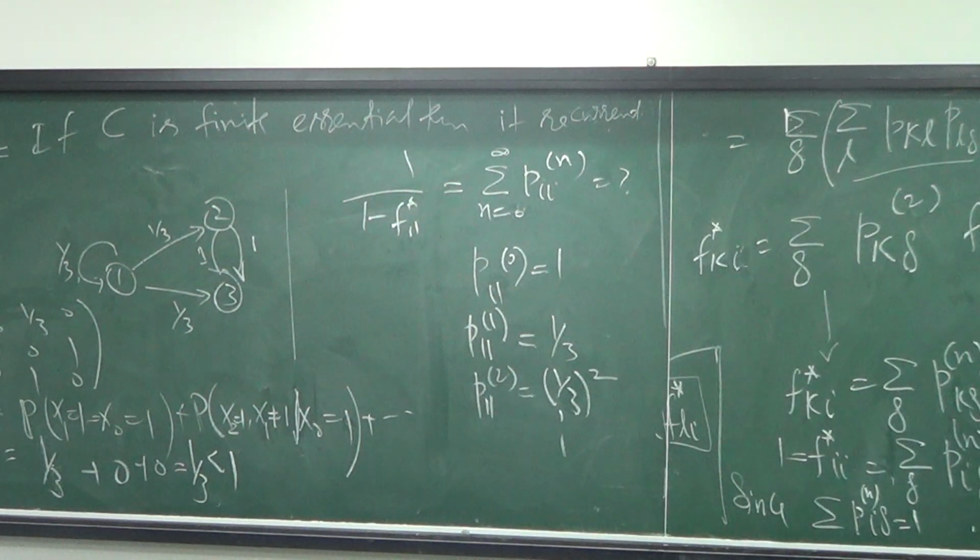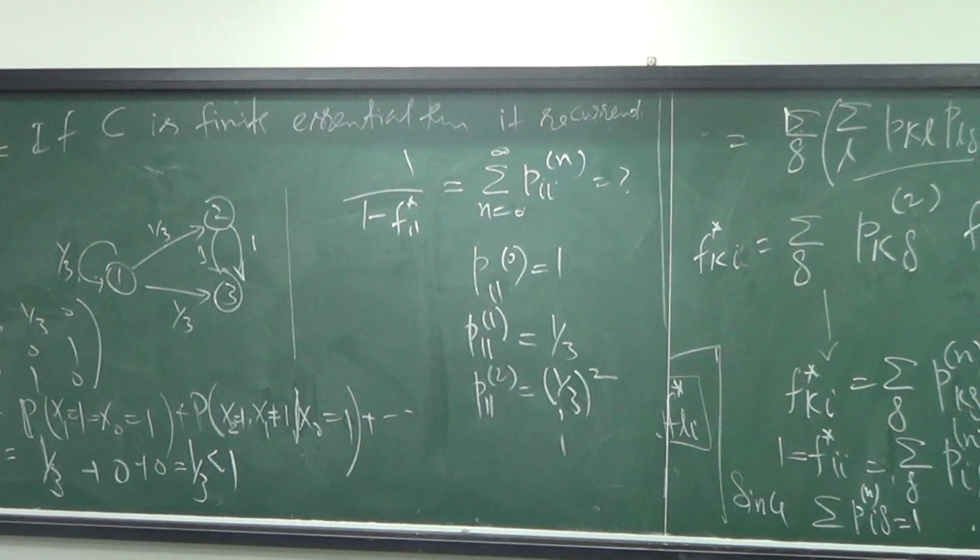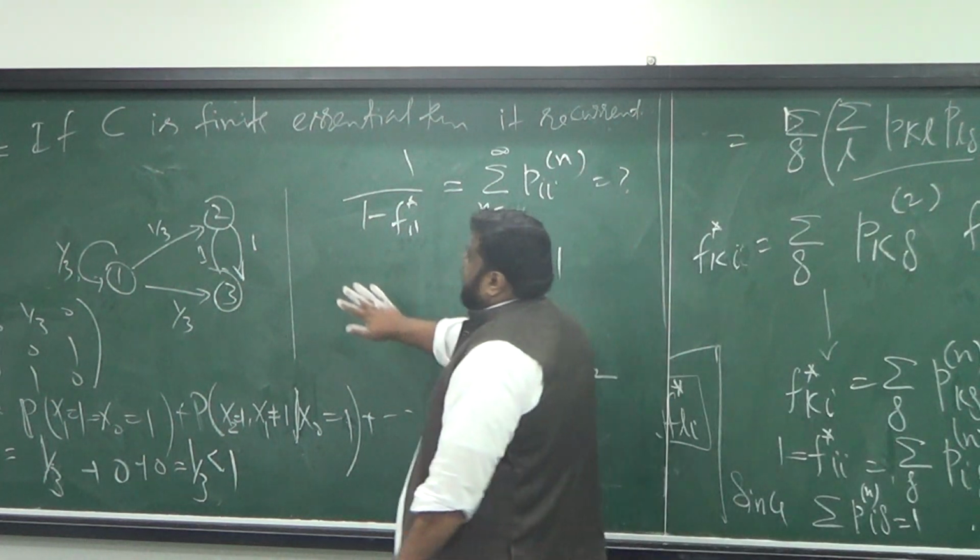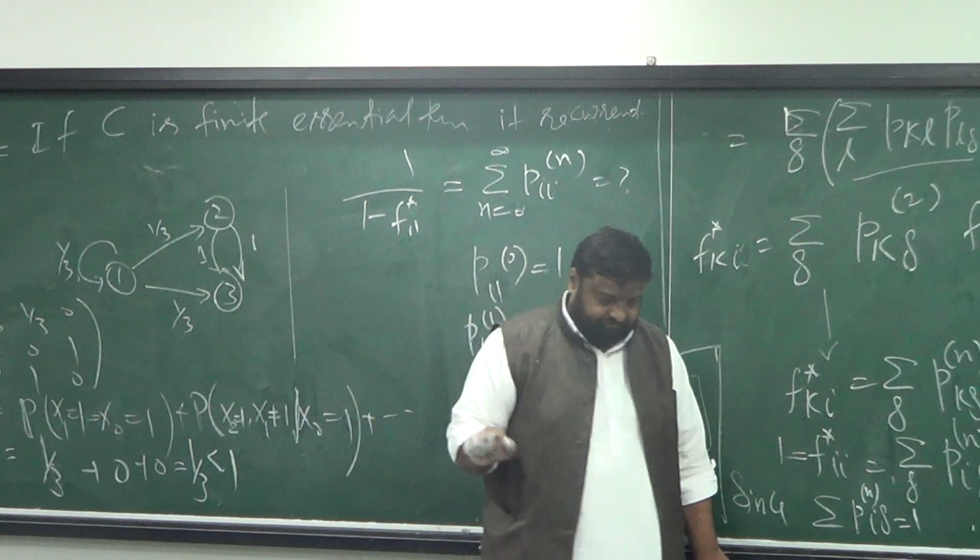So what we did so far, classifying states without probabilities and then with probabilities, and what is their interconnection. Now I would like to address the key theorem, the key question that we have been asking since quite long: in the long run, what will happen? So think about it.